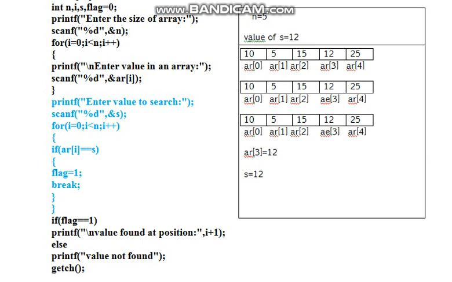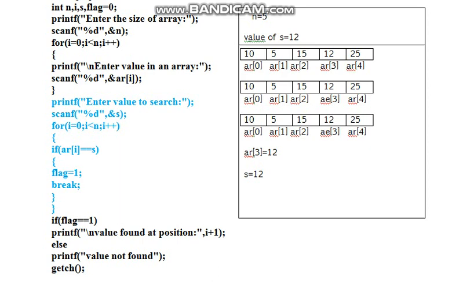This condition is used to find the search value, and this is the loop. With the help of the loop, we can go to index 0, then 1, 2, 3, and this condition is used to find the value. This flag is used to stop the loop, and then this break is used to come out of the loop. So if flag is equal to 1, in this program the flag condition is 1. It means this message will print on the screen: value found at position, which is index 3.